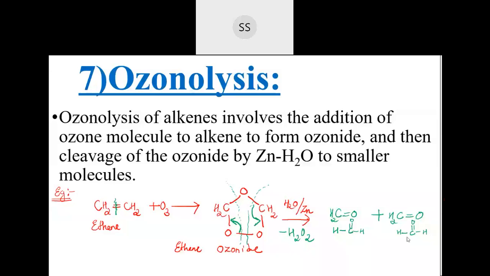Now function of the zinc. I have added zinc here. See, water is actually taking this oxygen and going out in the form of H2O2. H2O2 is hydrogen peroxide. Okay, this is hydrogen peroxide. Now, if you take this hydrogen peroxide, then this is also a very good oxidizing agent. If this oxidizing agent is again made to react with this aldehyde, you think what will happen? What it will give you? If this hydrogen peroxide is allowed to sit there like that with this aldehyde, what do you think will happen? What product we are going to get now?